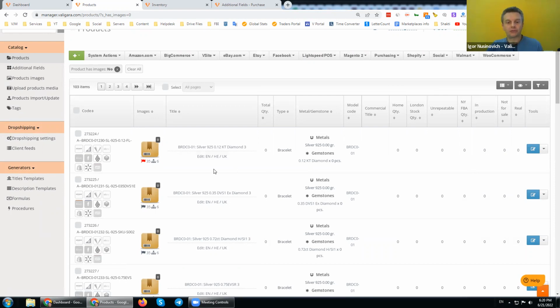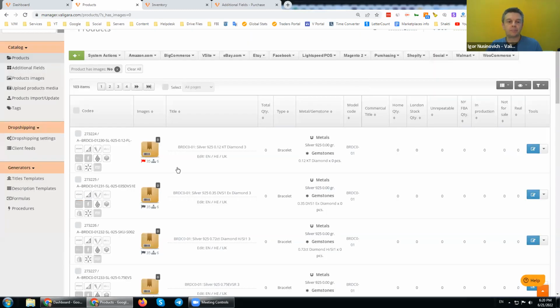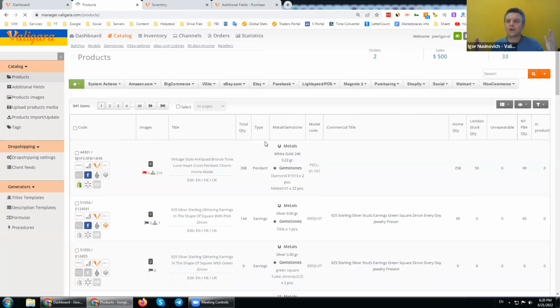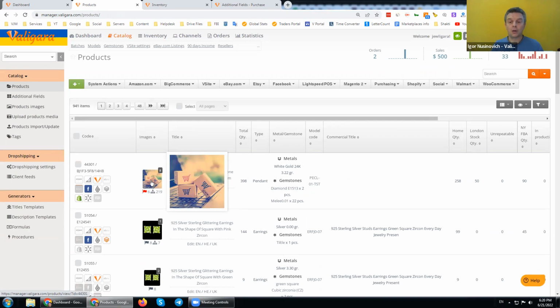The third thing that we have introduced lately in our PIM system is the quick edit. The idea of the quick edit is that because Valigara works with multiple products and multiple fields, to update 20 fields for Amazon, we open a product, and inside the product interface, which is quite an extensive system, we can make any update we want. But if we want to quickly update the product without entering it, we introduced the quick edit.